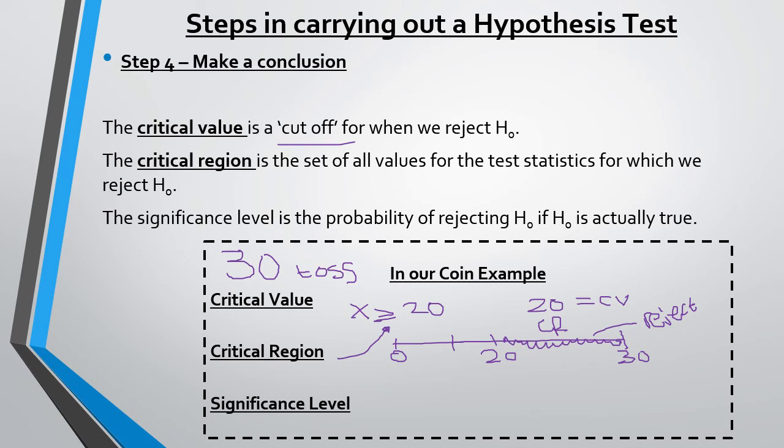Significance level is the probability of rejecting the H0 if H0 is actually true. So that's us saying that it's not a fair coin when it actually is a fair coin. So significance level is the probability of being in that area there, because that's where I'm rejecting the H0. So it's the probability of being there if the p for our case is 0.5. I'd have to work out the probability of being in that region, and we've set it as 20